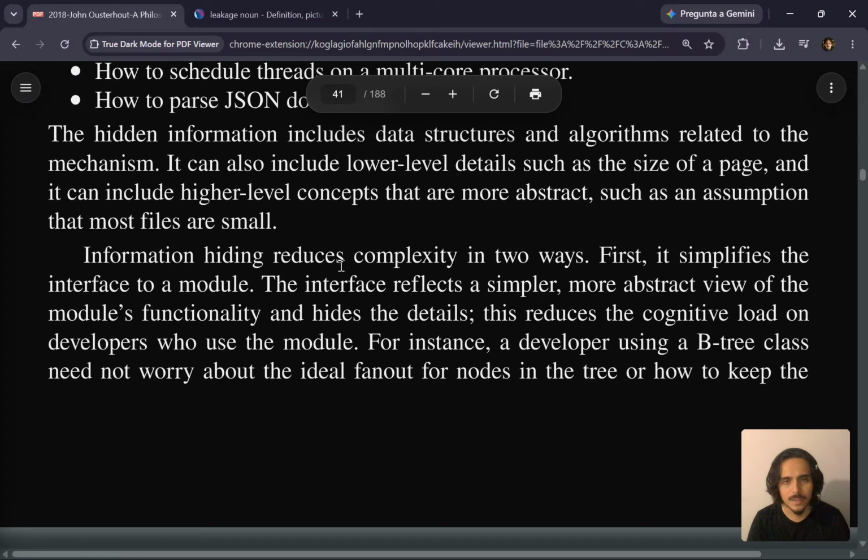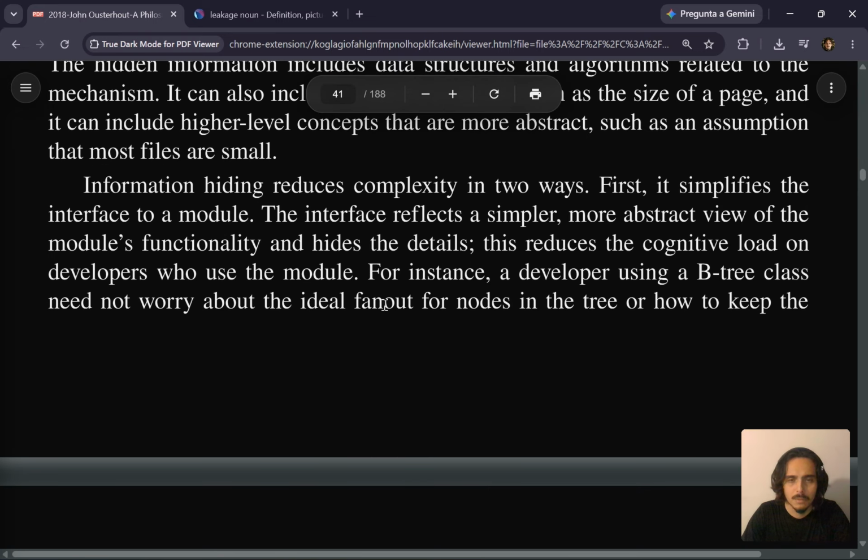Information hiding reduces complexity in two ways. First, it simplifies the interface to a module. The interface reflects a simpler, more abstract view of the module's functionality and hides the details. This reduces the cognitive load on developers who use the module. For instance, a developer using a B-tree class need not worry about the ideal fan-out